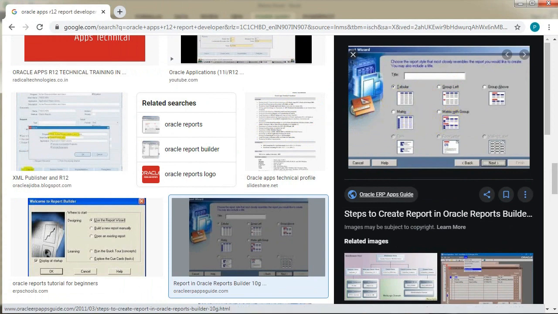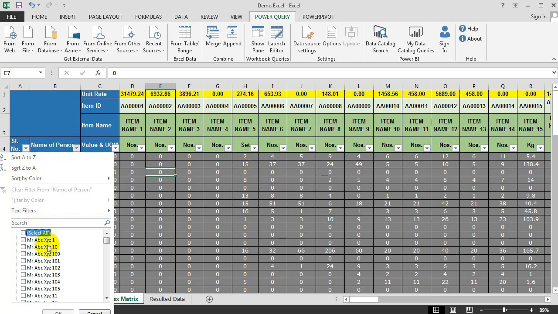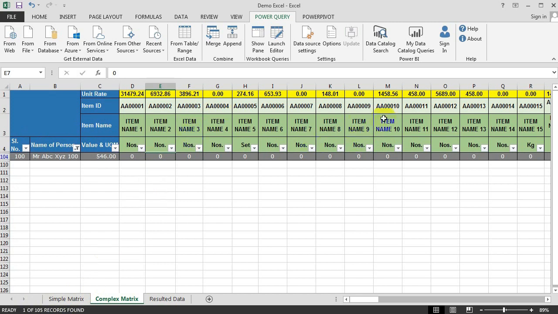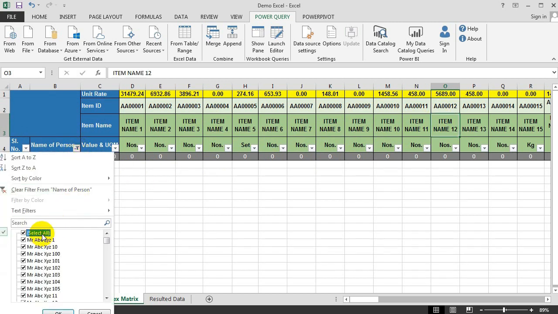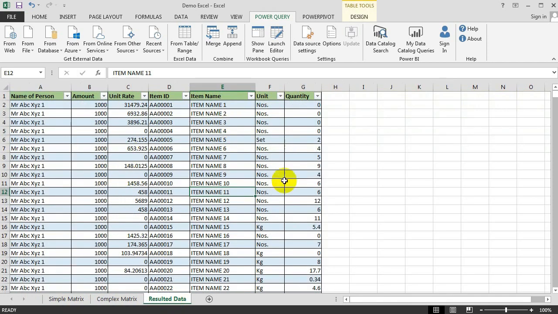Now go back to my Excel. This is a matrix data. If a software developer develops a report in the matrix format, you will get this type of data. So today's topic is what is the problem of this type of data. I already told you, you cannot use the filter, because if you use the filter here and the other filters are there, you cannot use the filter, you cannot use the pivot table, you cannot make calculations on this data. First we need to transpose this data to the simple data format.